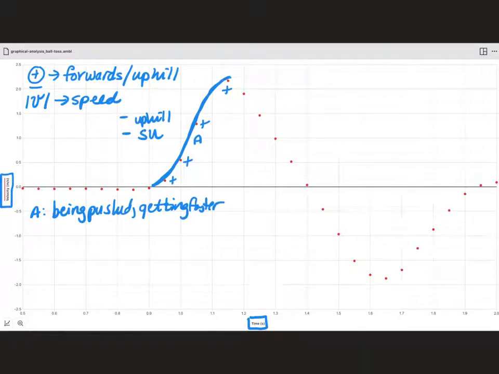Okay. Now let's analyze. Each segment gets a little more complicated to analyze. Let's now analyze the second segment of the graph. The second segment of the graph is this little part here. Let's talk about what's happening there. First, let's look at the sign, then let's look at the absolute value. So the sign of these points is still positive. All the dots are above the axis. So that tells us the cart is still moving forwards or uphill,